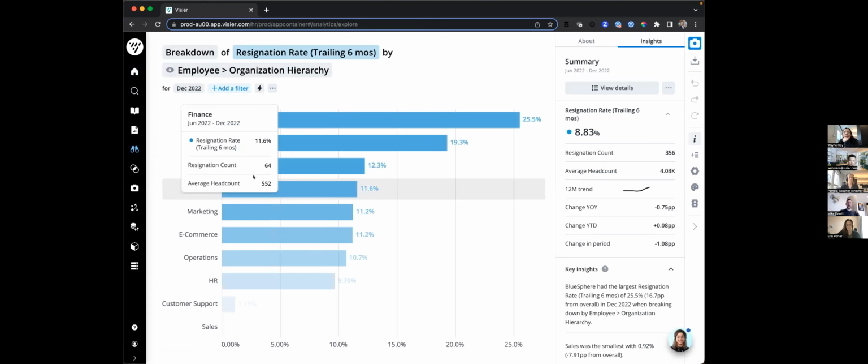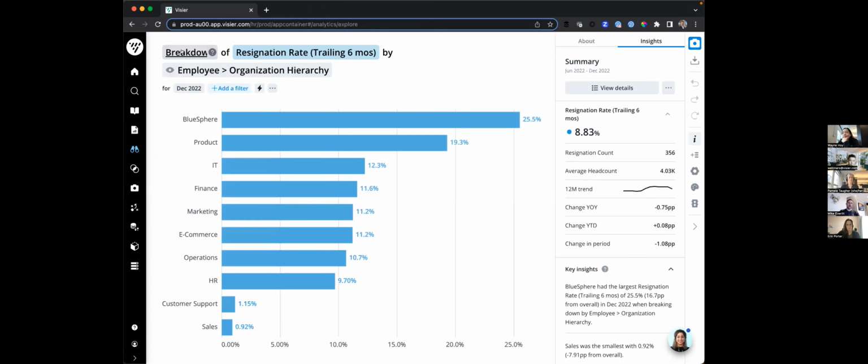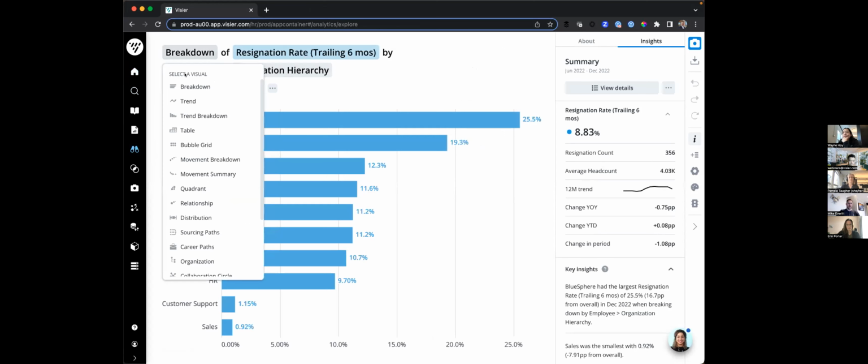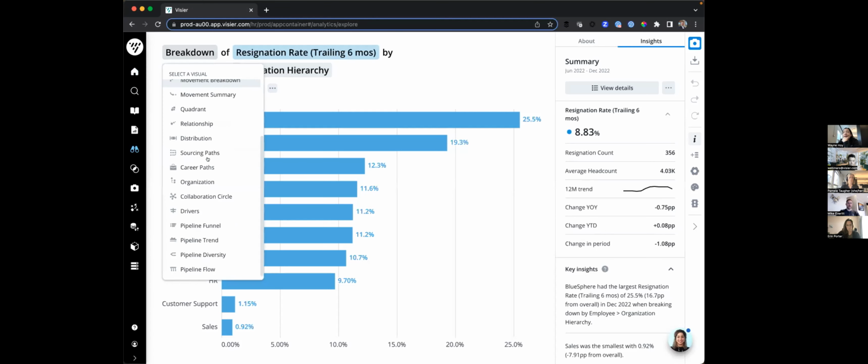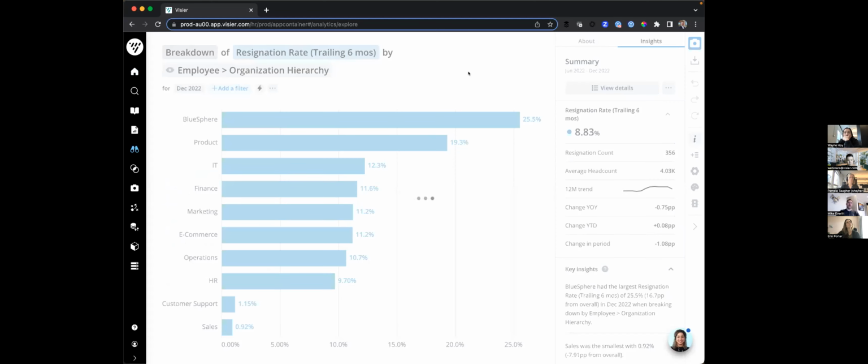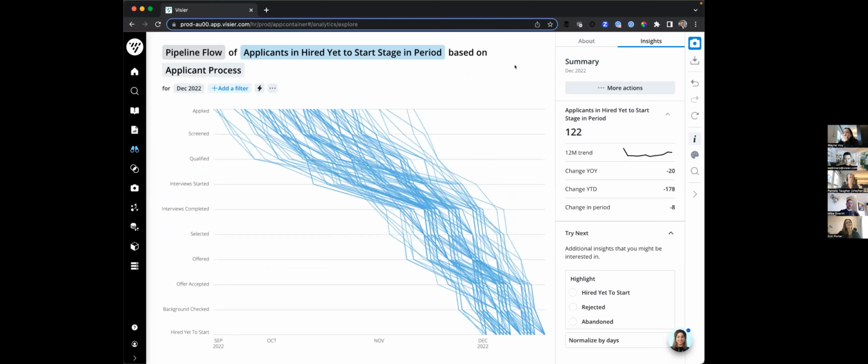Just going to pop back into Explore, because as has been common amongst the last couple of releases, we've been adding in some new visual types. We've been making them easier to find and select. So you'll now see, for example, things like the collaboration circle if you're a workplace dynamics user, but you'll also see the pipeline flow visual,